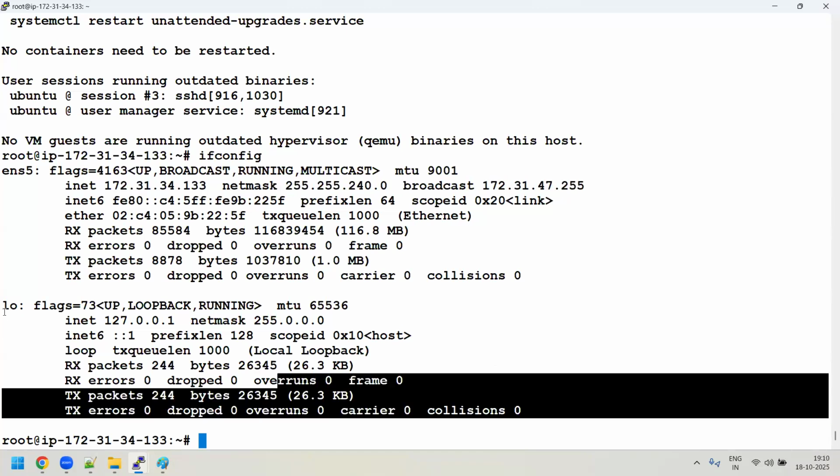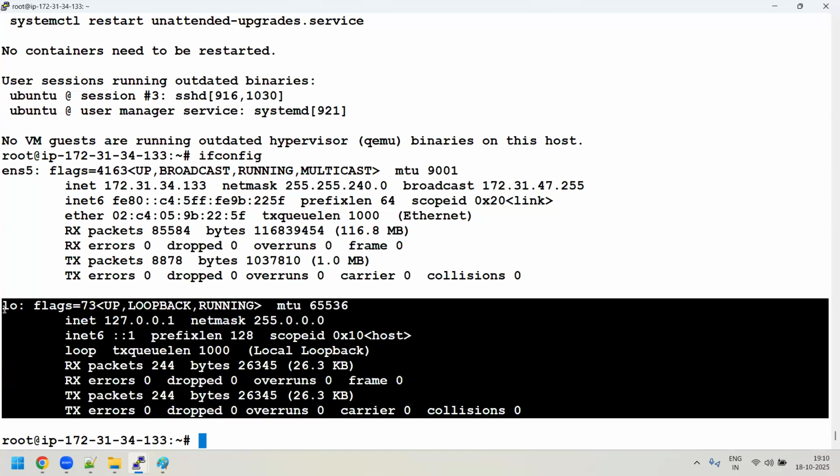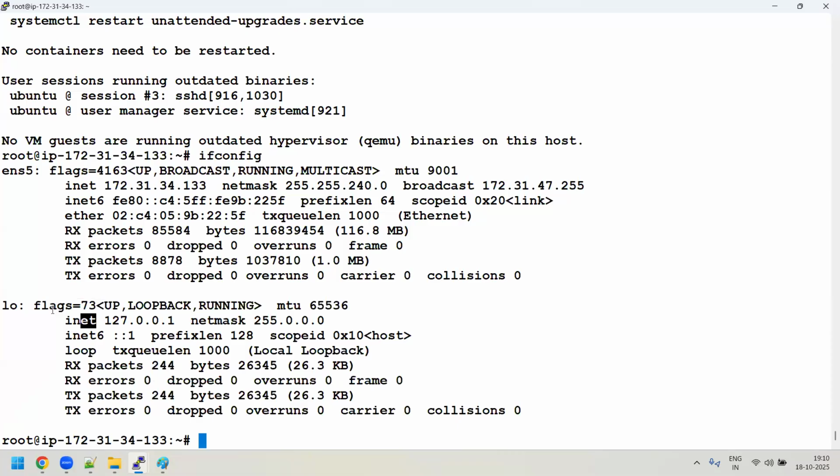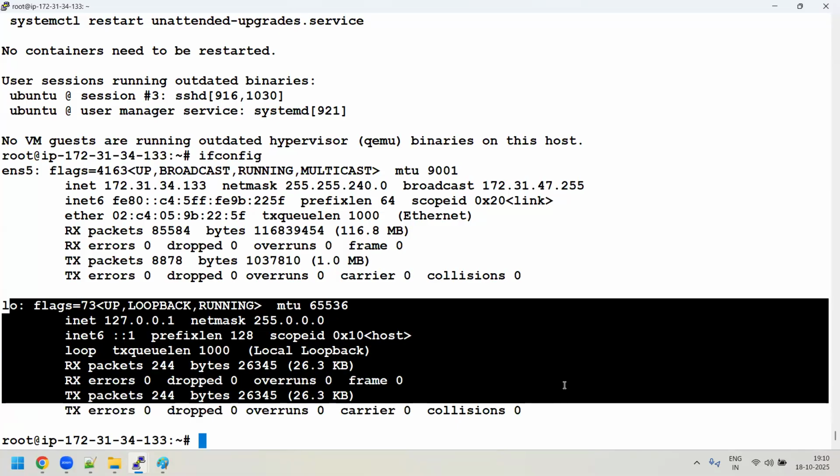How do you verify or check? By checking whether the loopback is there or not, by executing the ifconfig command. If I execute the ifconfig command and I see LO, loopback, it means there is a networking stack enabled or available in my system. If LO itself, the loopback address, is not there, then there's no networking stack. Somebody has disabled the networking in your system.